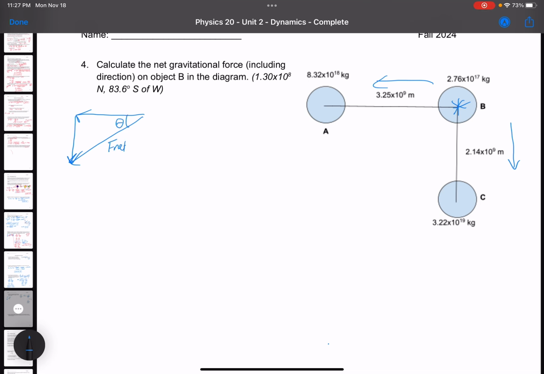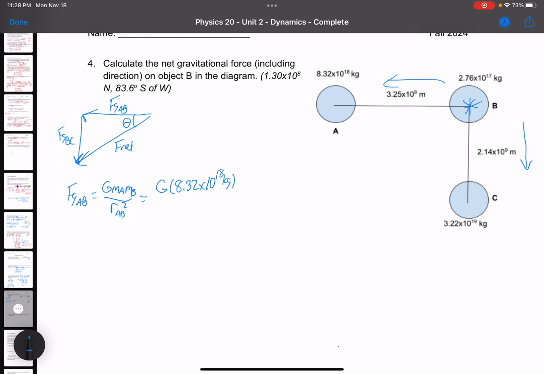An angle is always going to be important. So this here is going to be the force of gravity between A and B, and this is the force of gravity between B and C. I need to come up with both of these numbers right now. So force of gravity between A and B: G, mass of A, mass of B, divided by the radius between A and B squared. I'm just writing the constant as the actual G to keep things moving along here. So 8.32 times 10 to the